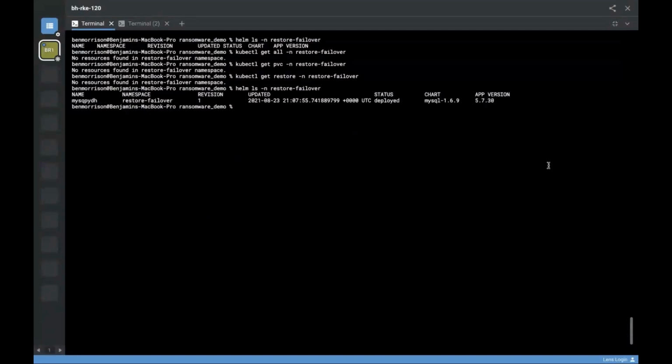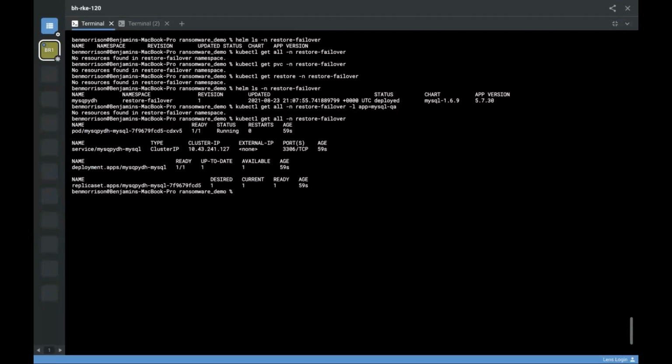We're now going to check first that Helm chart, and there's our Helm chart. Successfully deployed just a few minutes ago. You'll see that label that I used previously. The label does change when you restore an application into a different namespace but the same cluster, and this is because cluster scoped resources cannot have the same label. So that is one note to see, but if we remove that label and just see what's in the failover